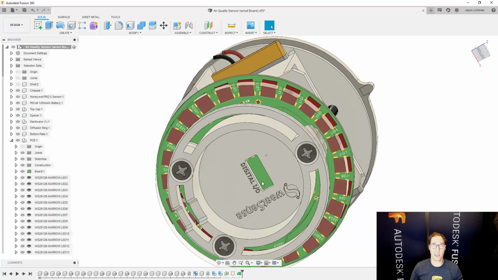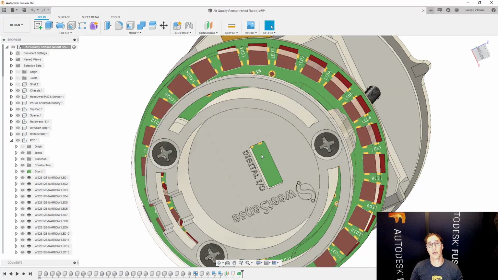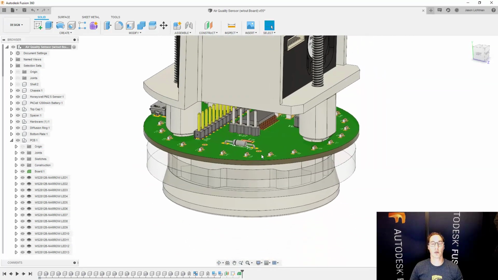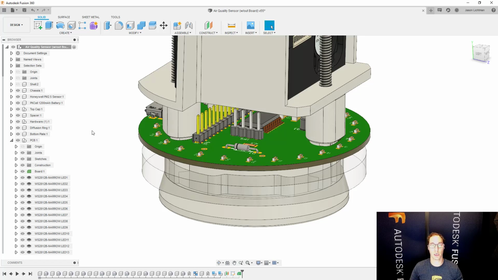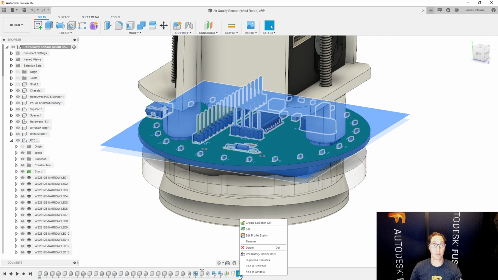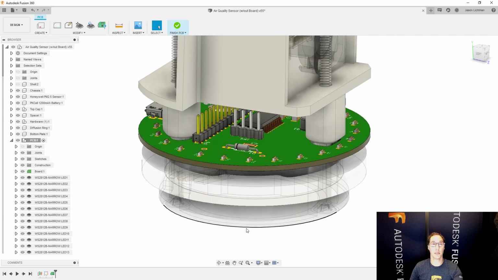because it's going to end up needing to be seen through this digital I/O port here. That's where I'm going to connect it. And so let's start off and show you how you can make these changes in Fusion. We're going to edit the PCB feature that I made earlier. Now that I'm in here, I can see all of my PCB tools, including that board profile that we made